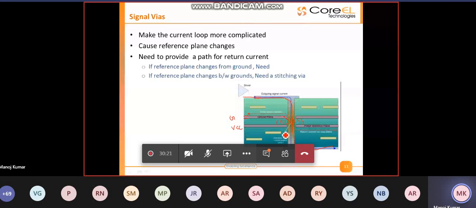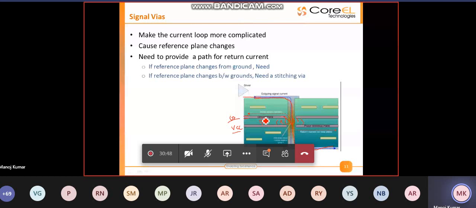Now, to solve these challenges, what should one do? One way is, in case of different references, let's say you have ground and VCC references, one should have a capacitor placed here, because there are two potentials which you should not short.